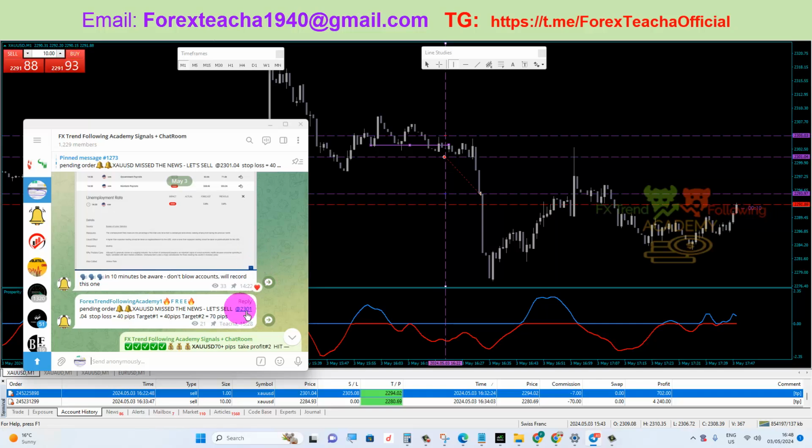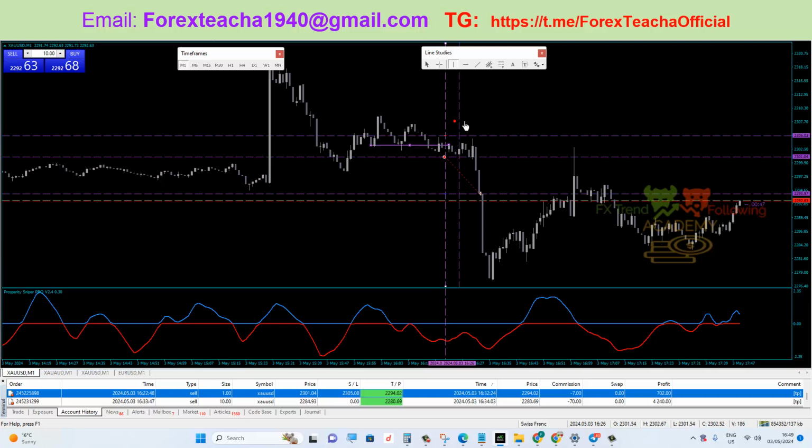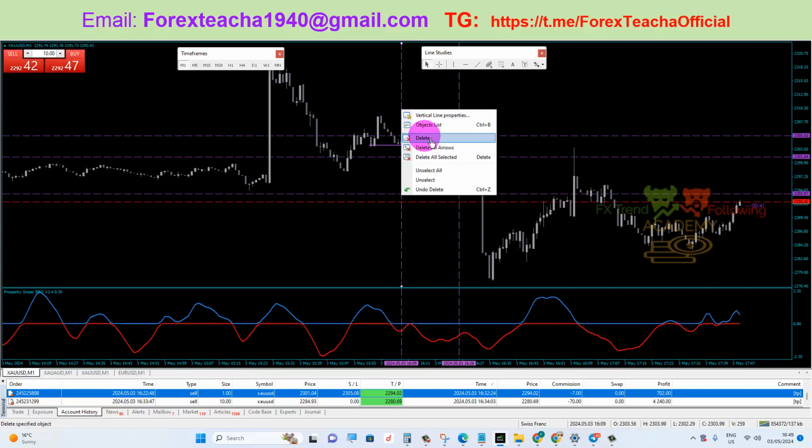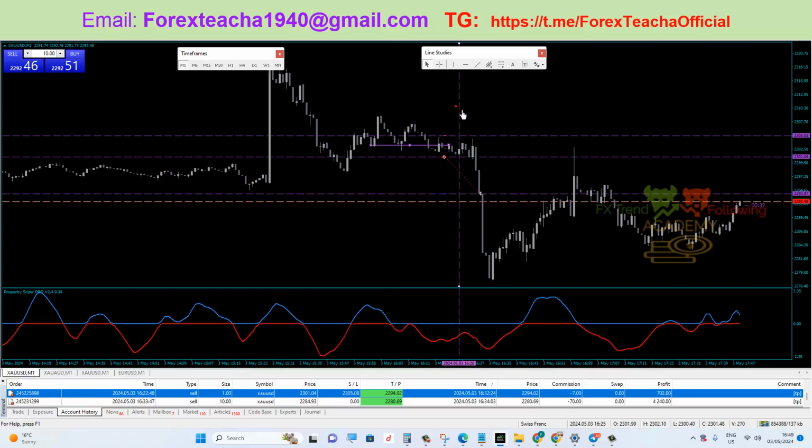So in this case, you can see right here, this is the Telegram time, right? It's about 28 past 3, which means on my platform, on the MetaTrader platform, it has to be around past 4. All right, so like I'm saying, this signal was sent at 28 past 3. I'm going to look for 28 past 3 right here. I assume it was somewhere around, let me remove this line so that it doesn't disturb us. 28 past. All right, so you can see 28 past was right here